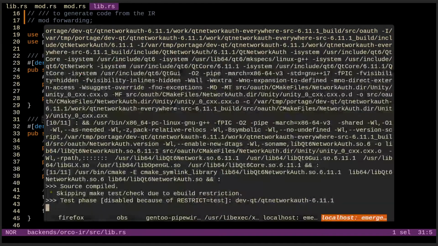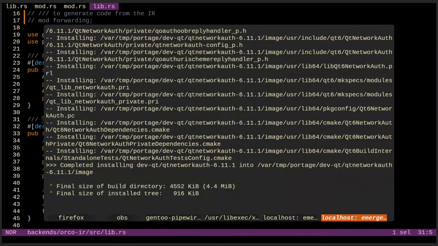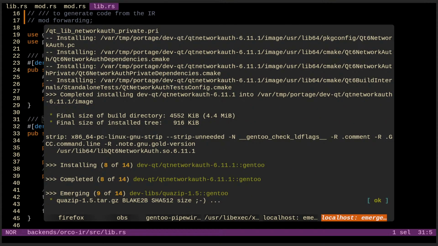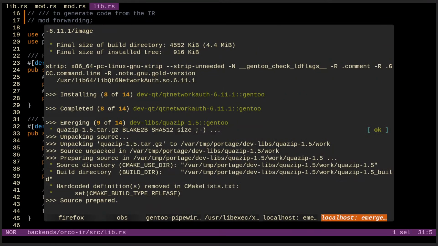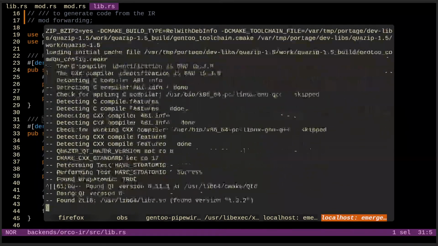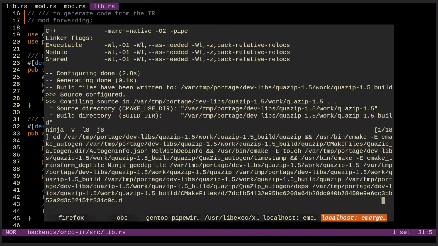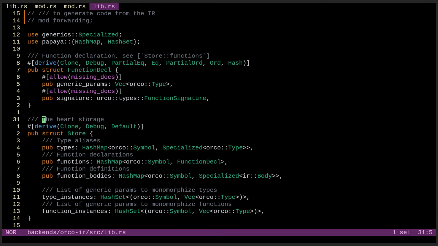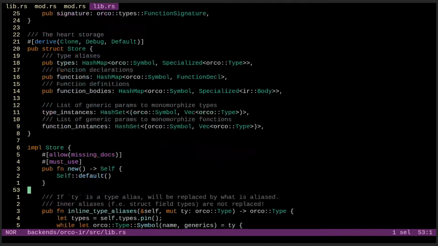I really miss my caps lock key. I just wanna press it constantly. Okay, so we're installing what? Dev Qt, something Qt, more Qt. Okay. So we're still building Mesa. I guess I wanna look at this. It's stuck at 600 plus. Stuck in the 600s. Okay.